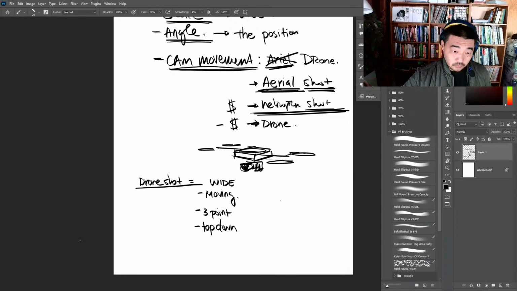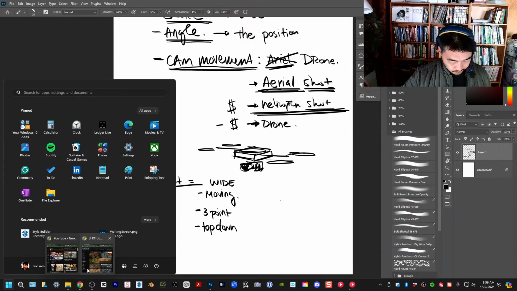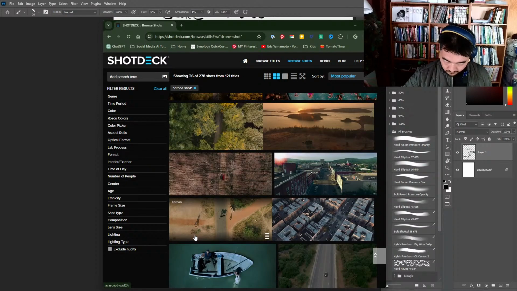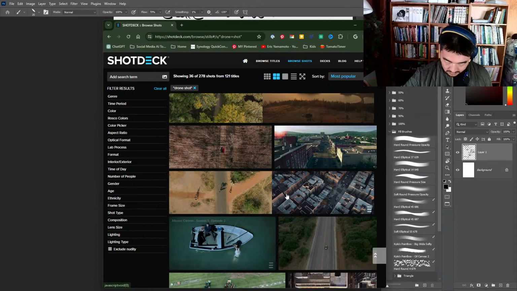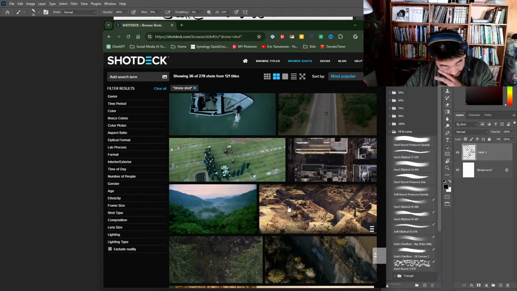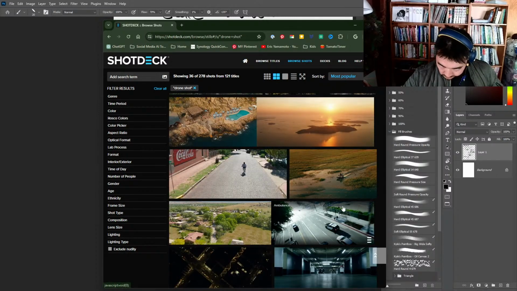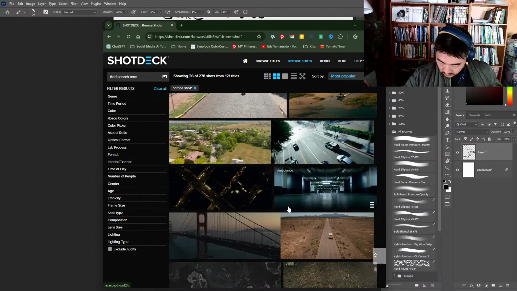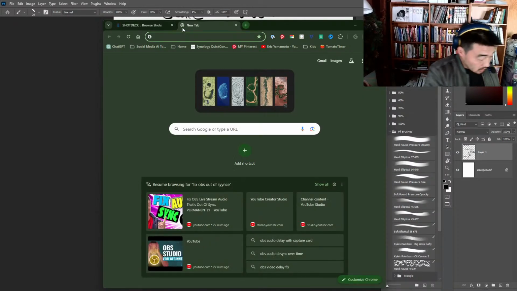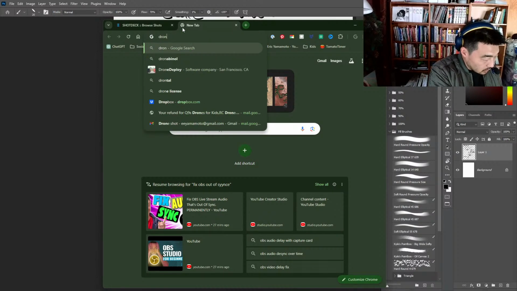What else we got? There's two-point. There's a lot of different types, to be honest. There's even a Dutch angle drone shot. There's this one camera operator that I saw in the New York Times, and I'll show you really quick.